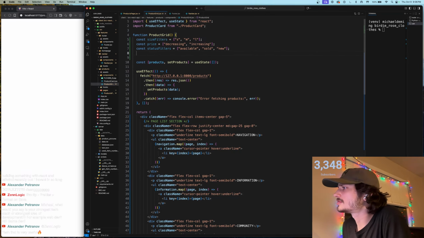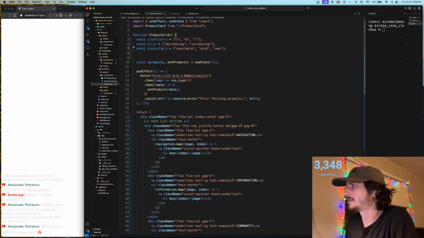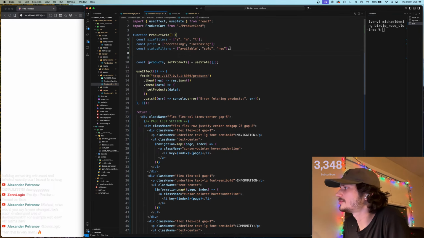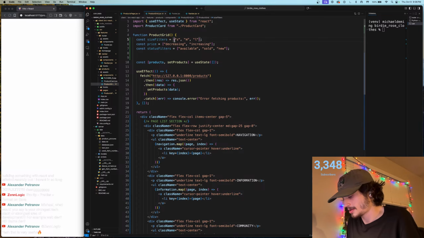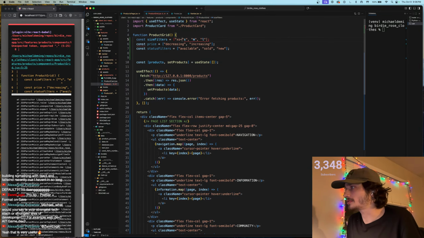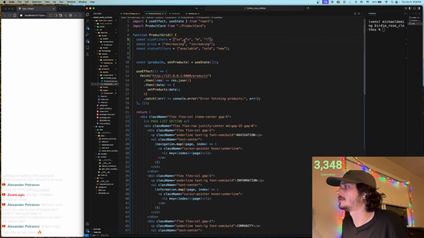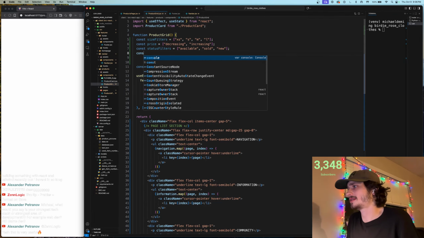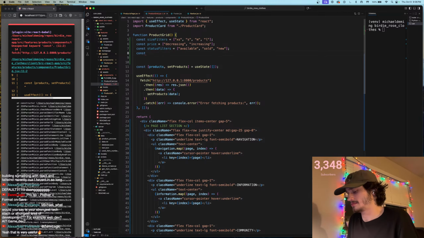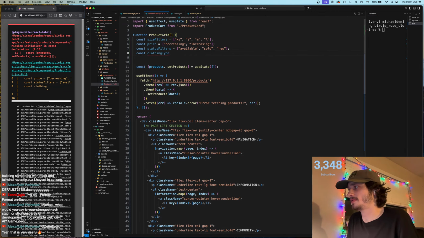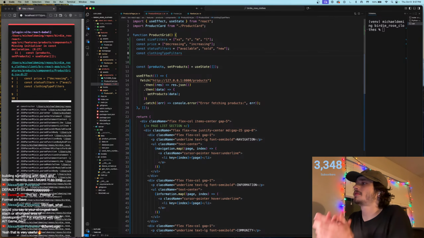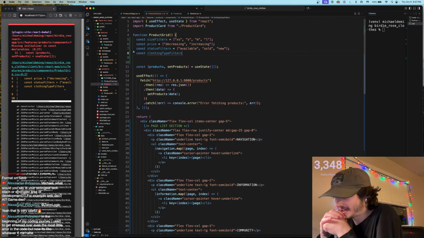Status filters: available, sold, new. And then what if we do, so we need a couple more, maybe like extra small, small. We got const clothing type filters. I don't know, should I do it this way of like having